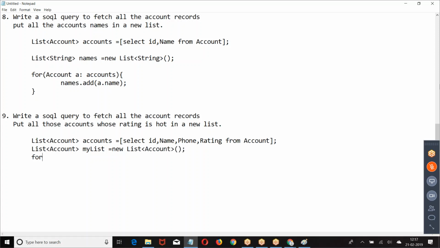What you are supposed to do for account A in accounts: if A dot rating equal to hot, if the rating of the account is hot, put them in.